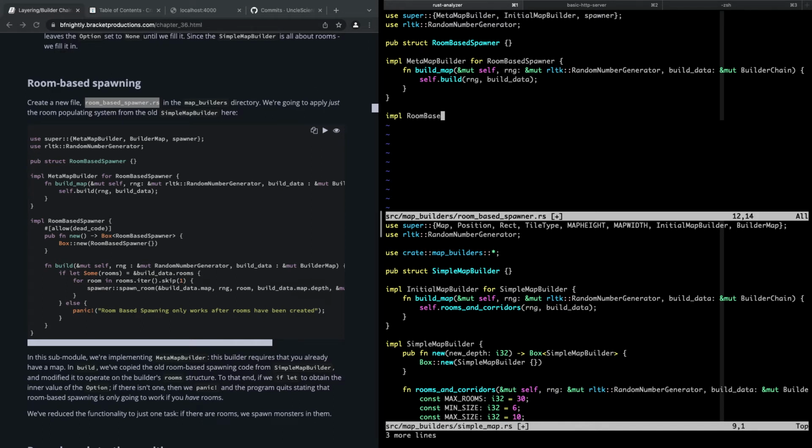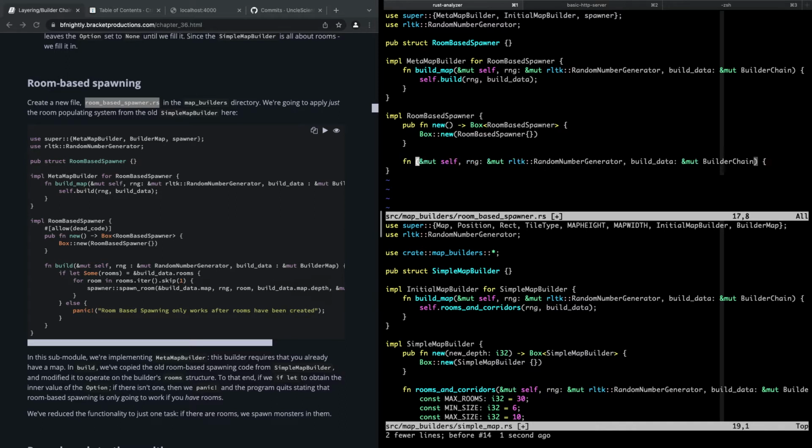Impl room-based spawner, box, room-based spawner, box new, and that's easy. And then, oops, we want to go down here, and we create our build function, which has the same signature as this. So let's just copy paste that and just change this to build, right? Build data, and